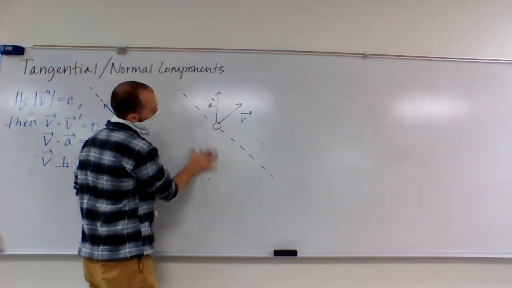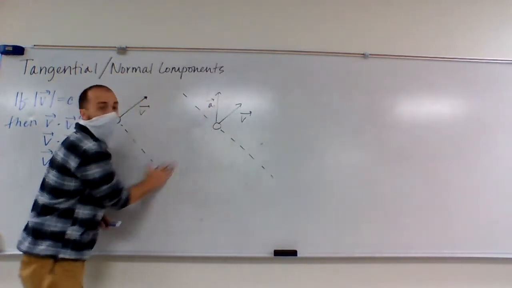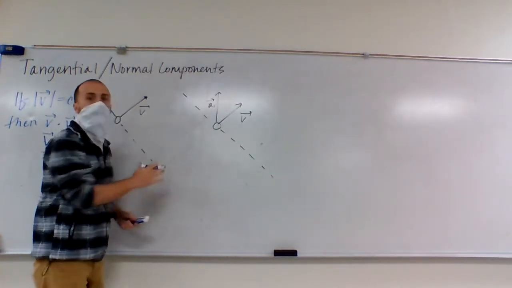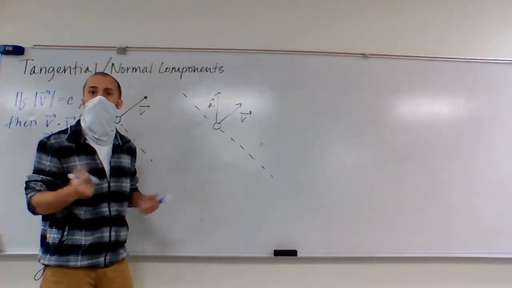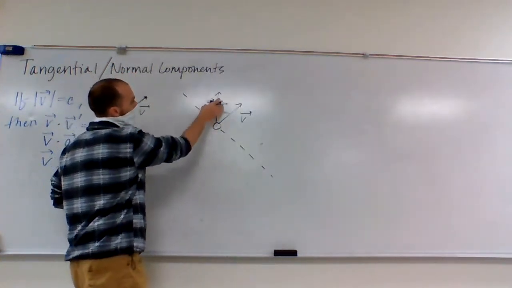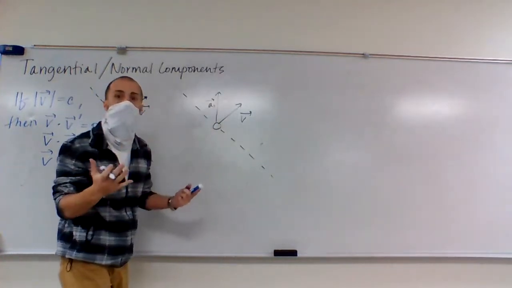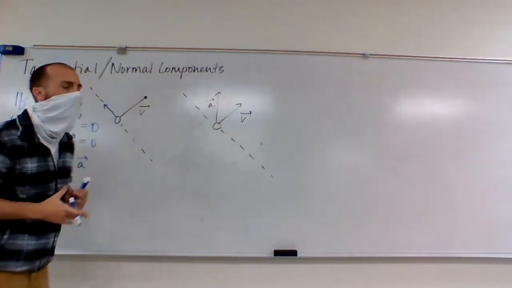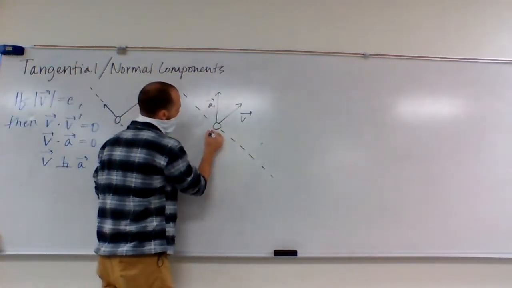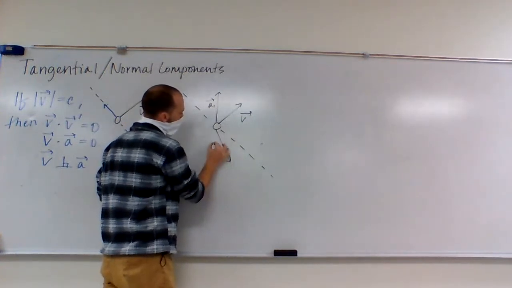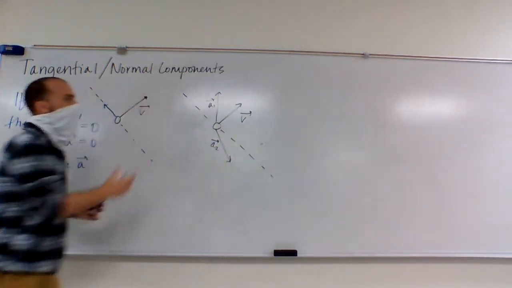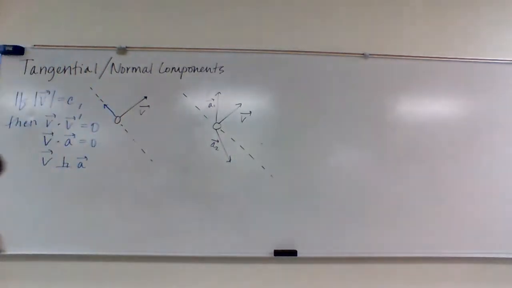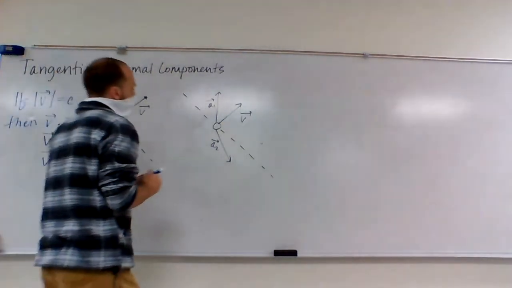And then if the acceleration vector was back here, in the most extreme case, if the acceleration vector was straight back here, well, that would just be pulling all the way against the motion of the object. Over here, if the acceleration vector is this way, we know that it's going to be speeding up, but the path of the object is also going to be turning a little bit towards that. And I'll have more to say about that in a few minutes. And so I was going to just draw maybe A2's down there, opposite the direction of motion. Okay? And what I'm going to tell you is that